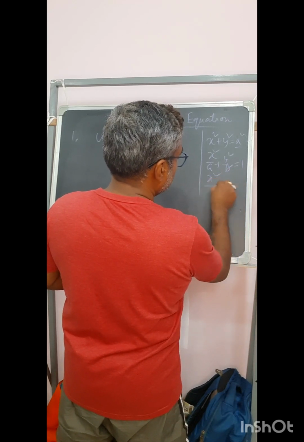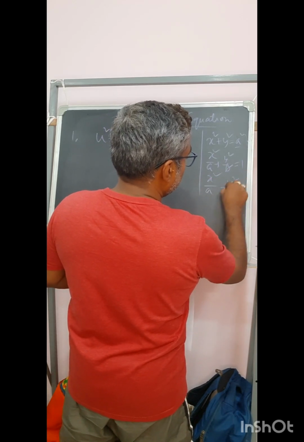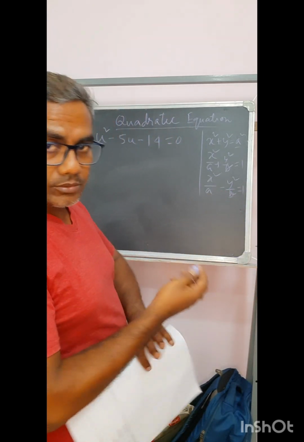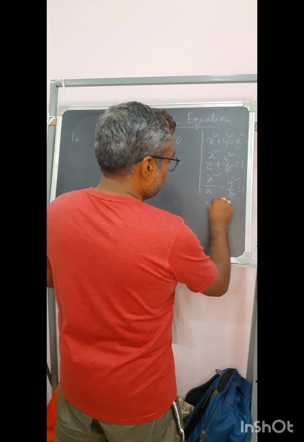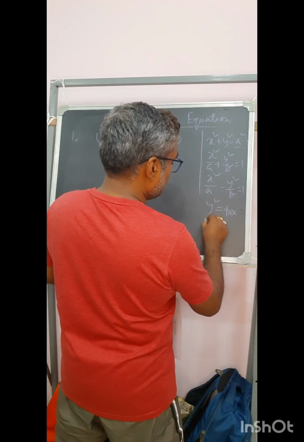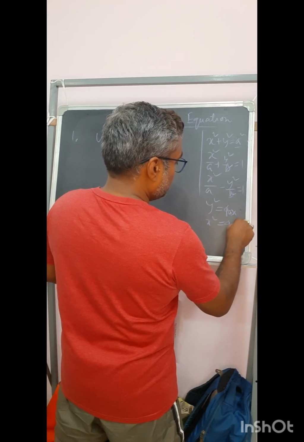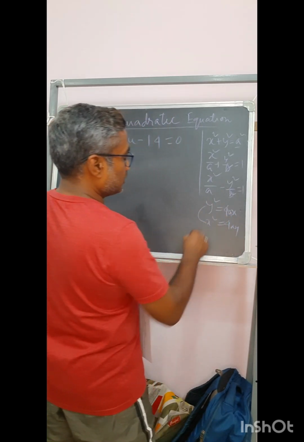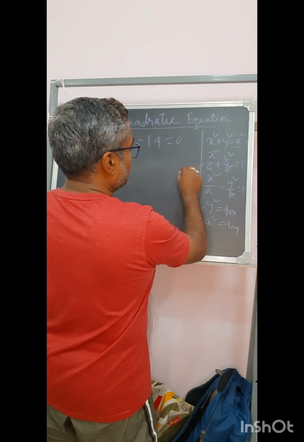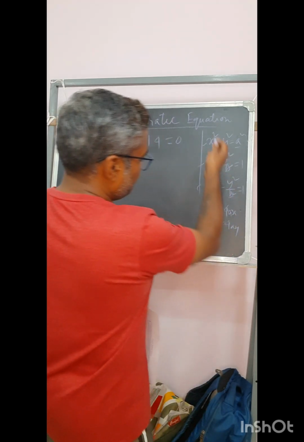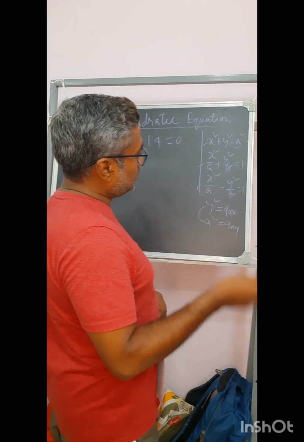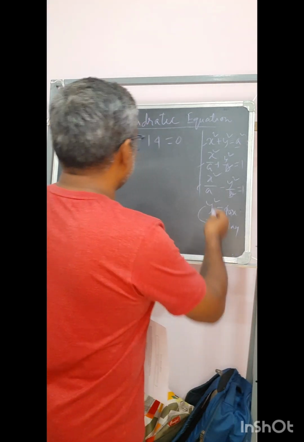x square by a square minus y square by b square is equal to 1, that is a hyperbola. And y square is equal to 4ax or x square is equal to 4ay, those are kinds of parabola. This is hyperbola, this is ellipse, this is circle. This is some specific kind of quadratic equation we will learn in higher studies, but for